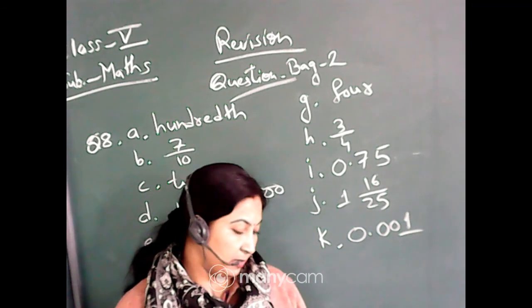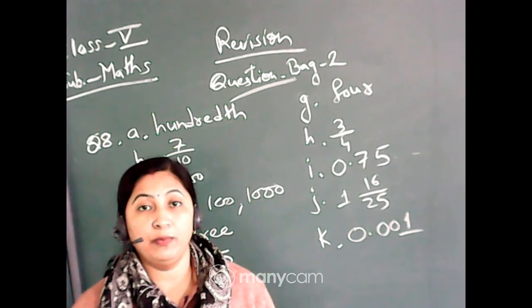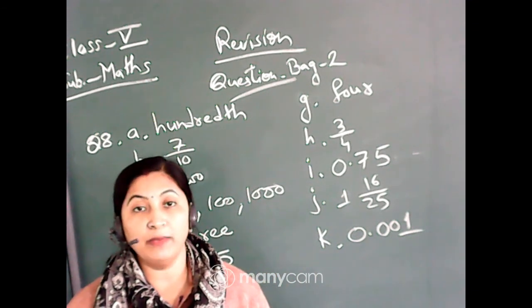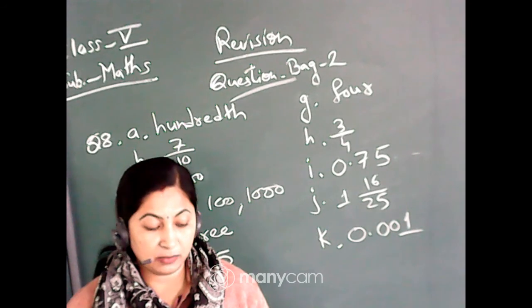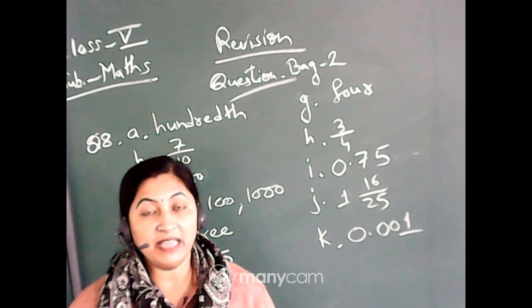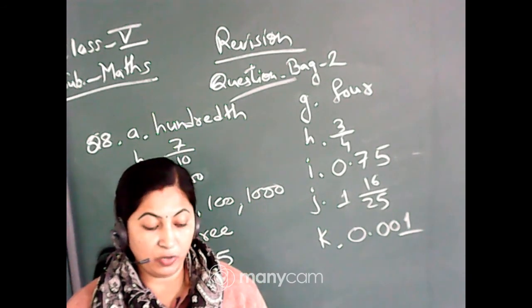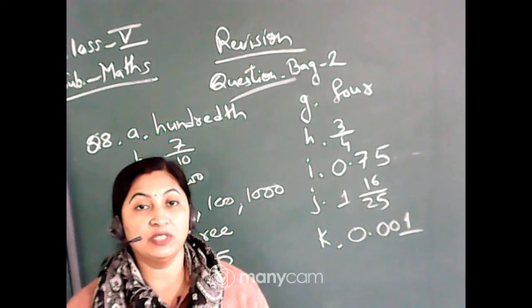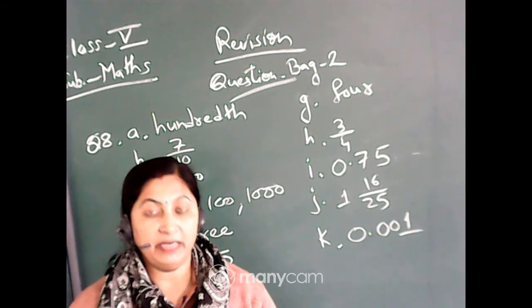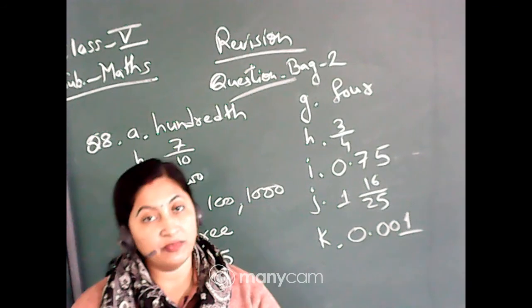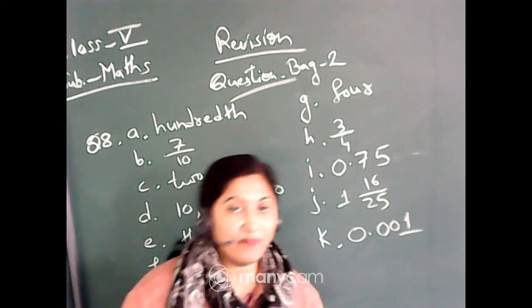Okay, so students, today up to this only. You revise all the question banks of both the chapters, measurement of length as well as decimals. Okay, and you practice all the questions from Math Magic, that is chapter number 10, tens and hundreds, and you all practice from composite maths also. Sums will come from both the books.